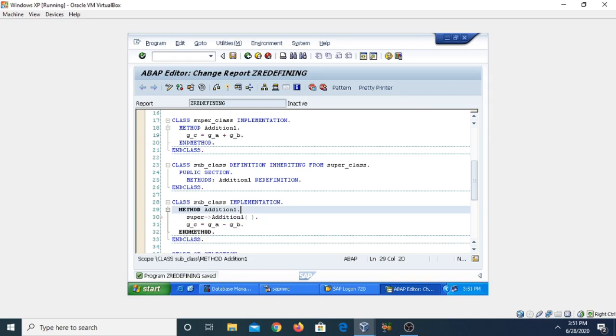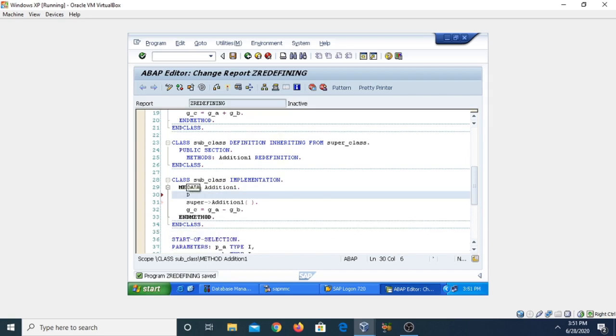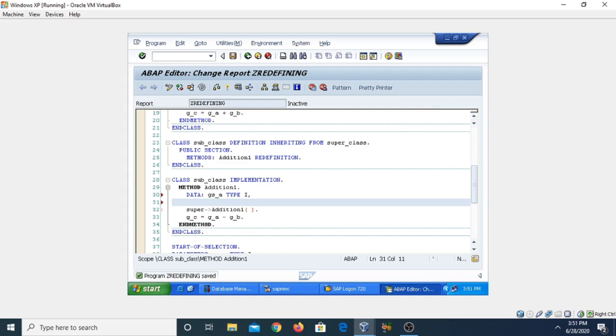So we can define some local variables. Suppose we define here data colon gs_a, type integer. Similarly you can also define gs_b, type integer. Now you can call this addition by passing the parameters, so we need to use the exporting parameters, exporting gs_a, or either you can directly pass the values here.